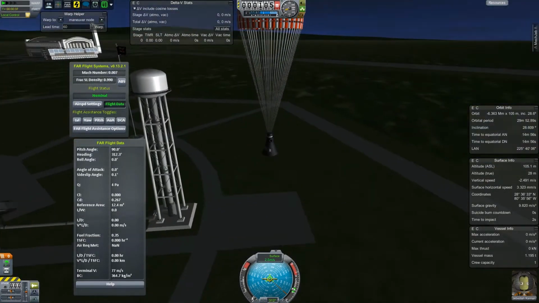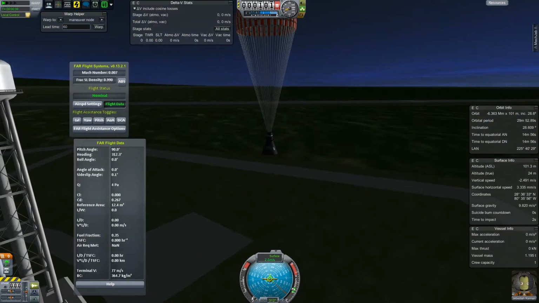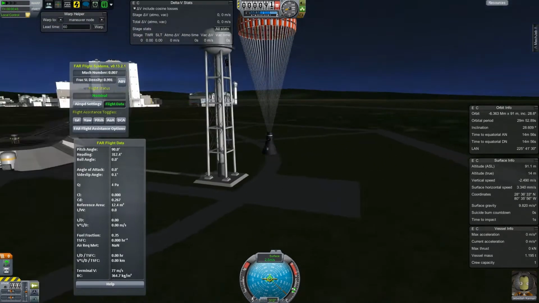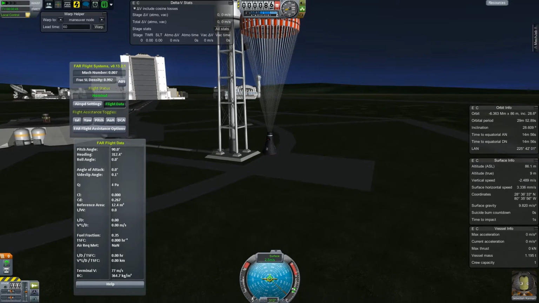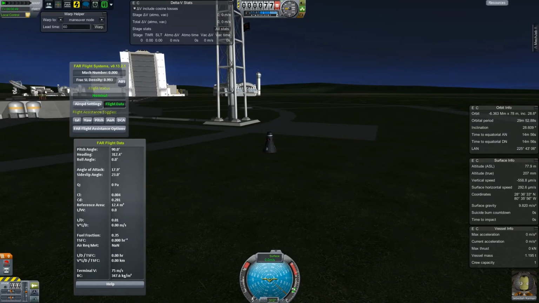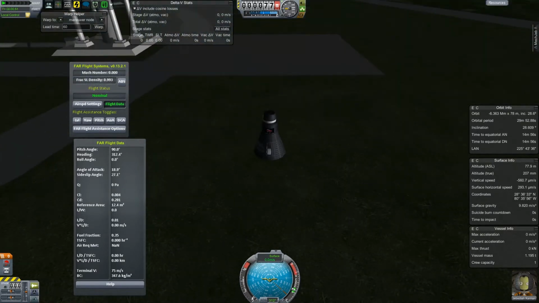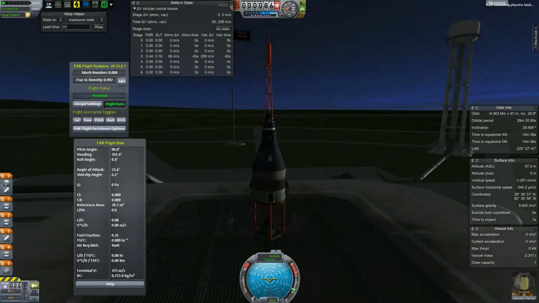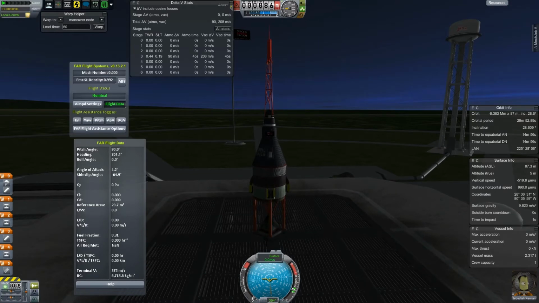So that was the first test, and there were a few of these, and gradually I figured out what needed to come apart at what time, and it all works out in the end. But of course, we weren't going to mess around with any unmanned tests. Jebediah is sitting in there for the ride because he said unmanned tests, who does those? It's Jebediah Kerman. He wants to be in that thing. So we try it again,